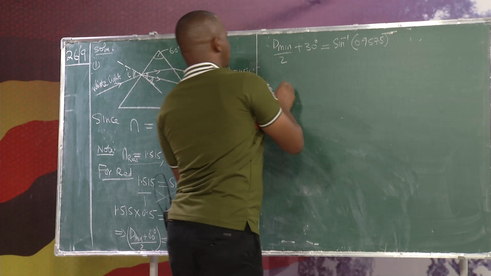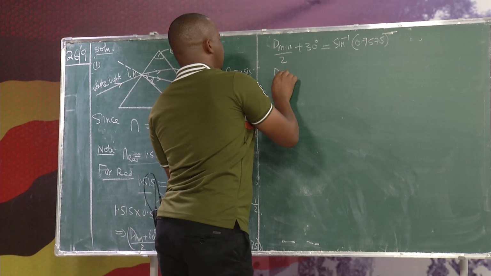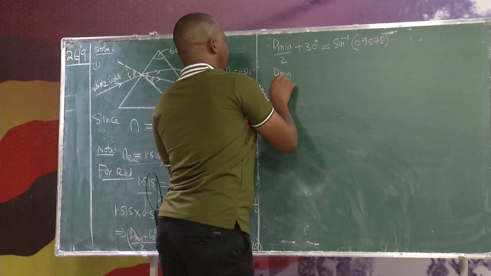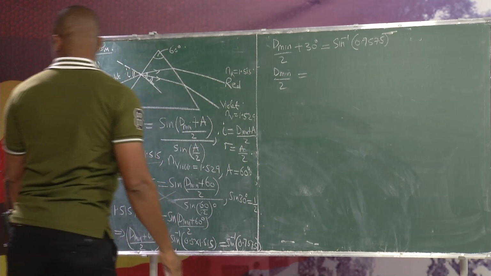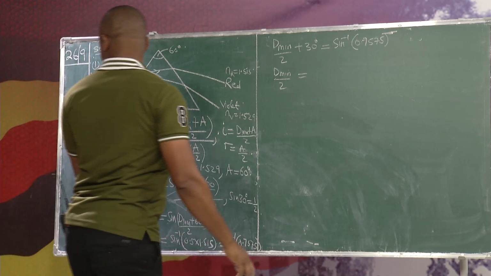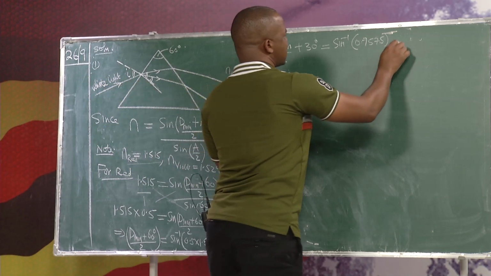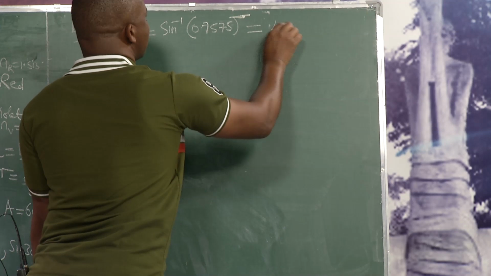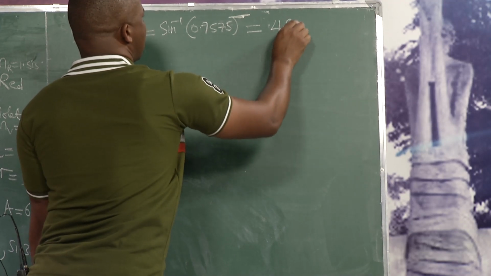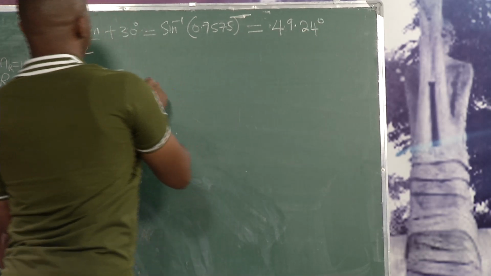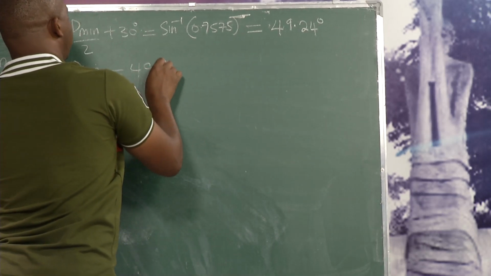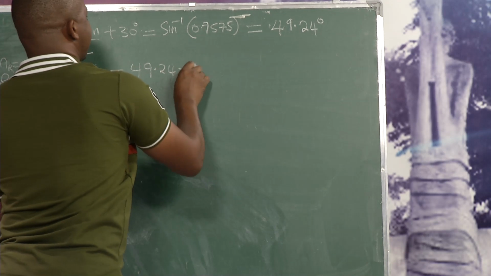When you use your calculators, our minimum deviation over 2 will be equal to this angle. That angle will be obtained as 49.24 degrees. So it will be 49.24 minus